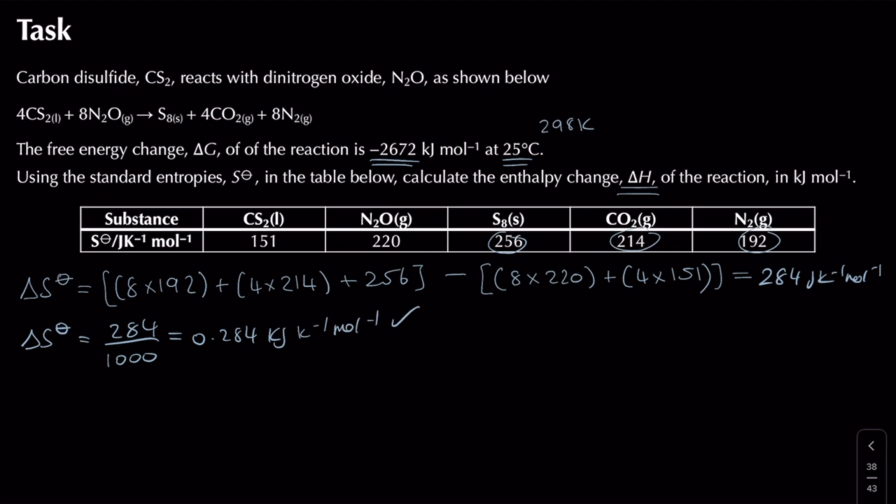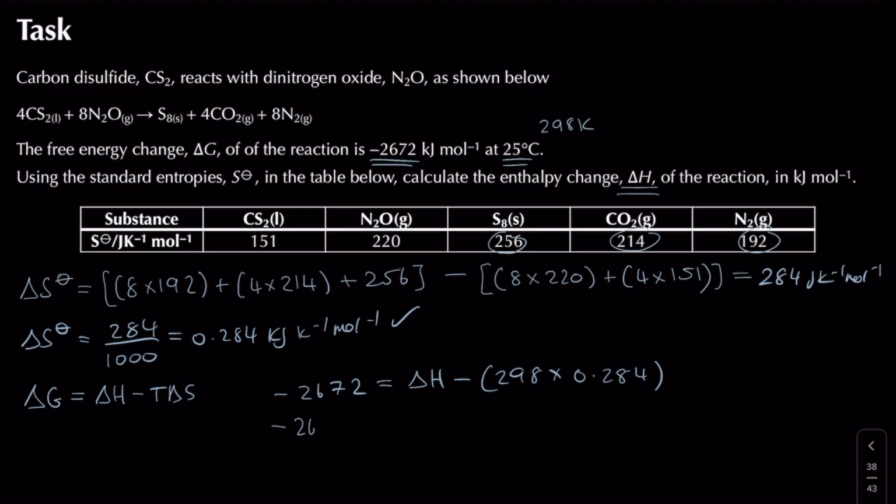Now of course we're given a value for delta G, which we know of course our equation is going to be delta G is equal to delta H minus T delta S, but then I know my value for delta G, so we've got minus 2672, and that's going to be equal to delta H, subtracting my temperature, which is 298 times delta S, which is going to be 0.284. Now of course if I were to simplify this down, I've got minus 2672 is equal to delta H minus